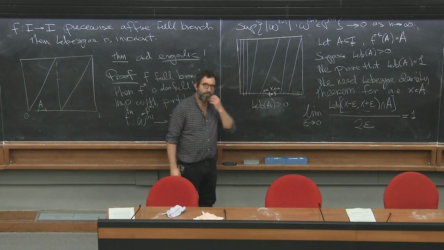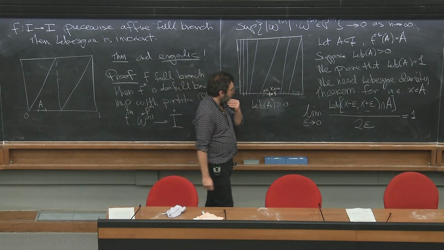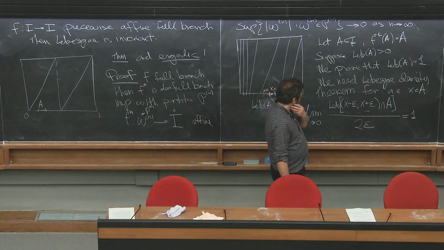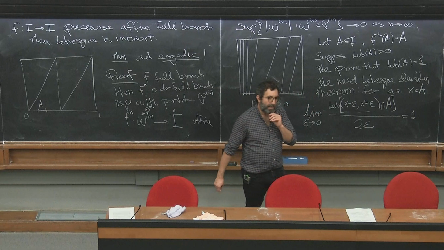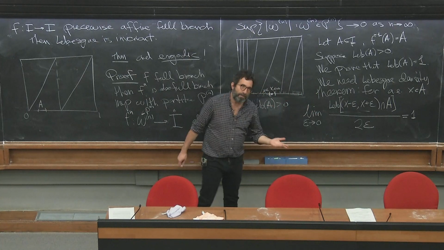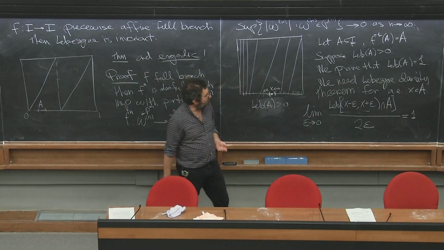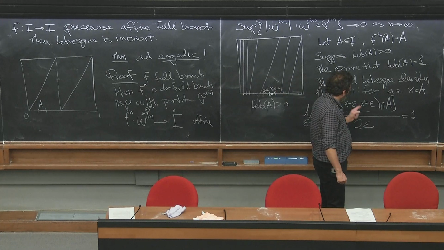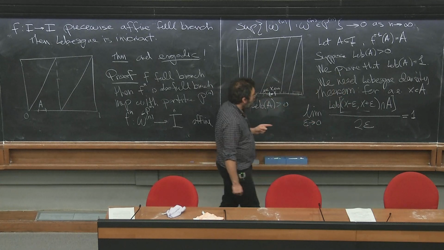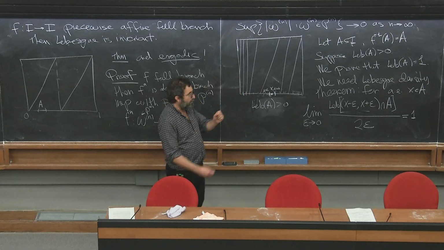Otherwise, it's 0. If x does belong to A, then the limit is 1. If x is outside A, then it's 0. Exactly, because you can apply it to the complement in the same way. Yes, that's right. That's a good observation.